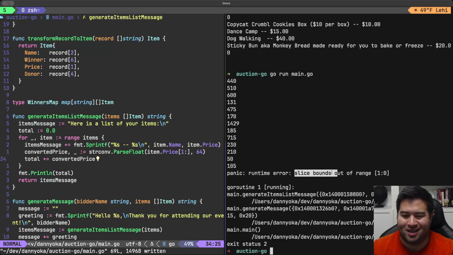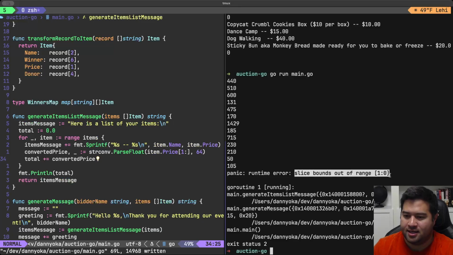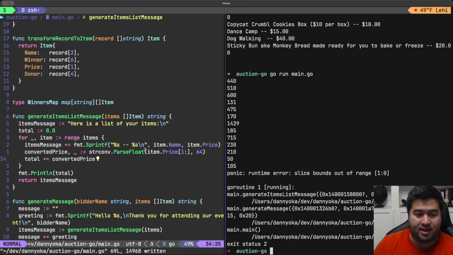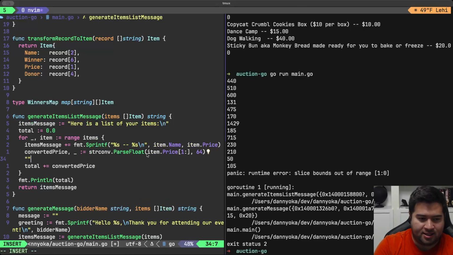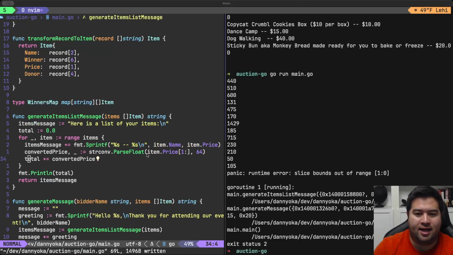And again, I already know what's going on here, mainly because I did this and struggled with it. You don't need to see that. What's going on here is that slice out of bounds of range means that it's trying to get the first index of a string that has zero indexes on it. And if I look at my data,